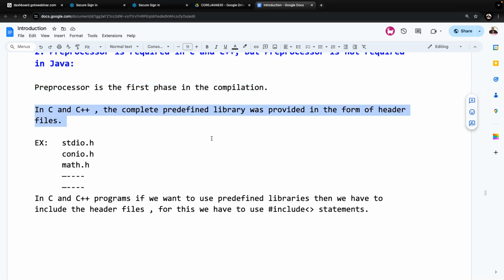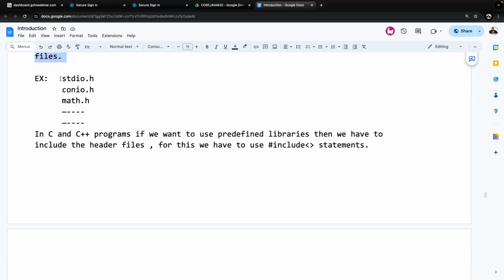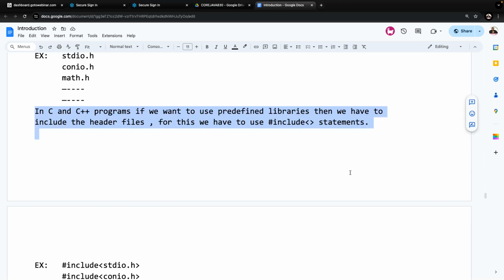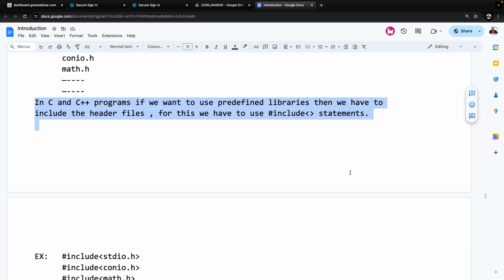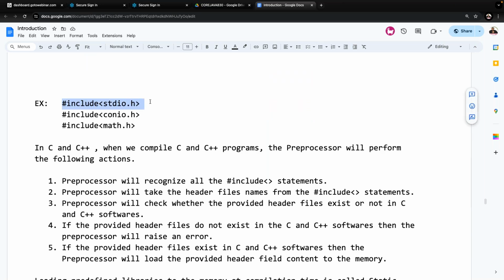In C and C++, the complete predefined library was provided in the form of header files. What are the various header files? You know, stdio.h, conio.h, math.h, and so on. In C and C++ programs, if you want to use predefined libraries, then we have to include the header files. For this, we use hash include statements. Examples are #include stdio.h, #include conio.h,